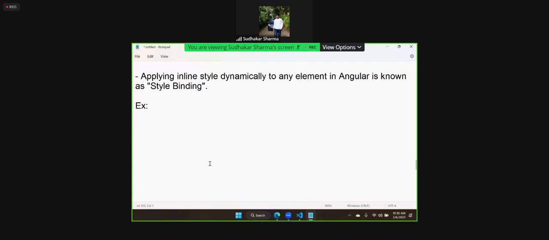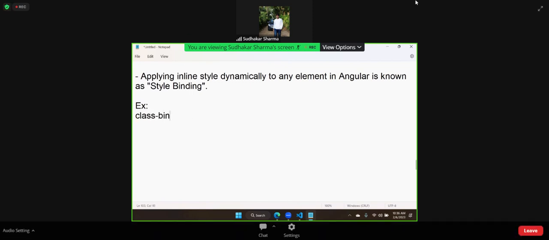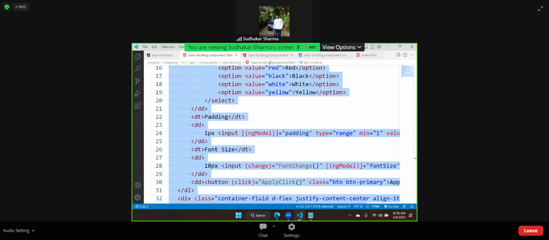I'm giving the name same. Example is different. You create a component called style binding component. I'm just giving here class binding dot component dot ts. Now this time in the ts file, we have to write